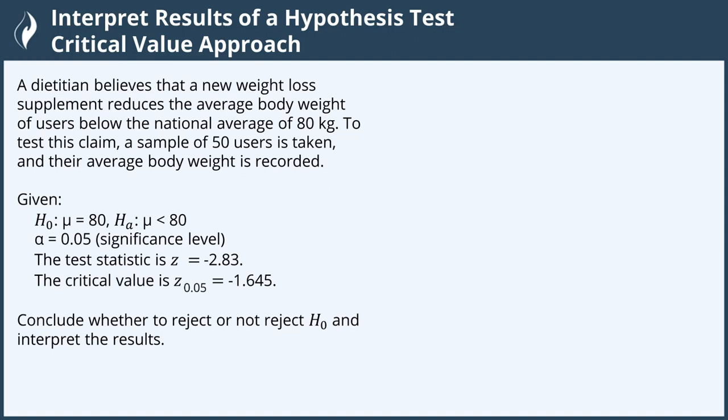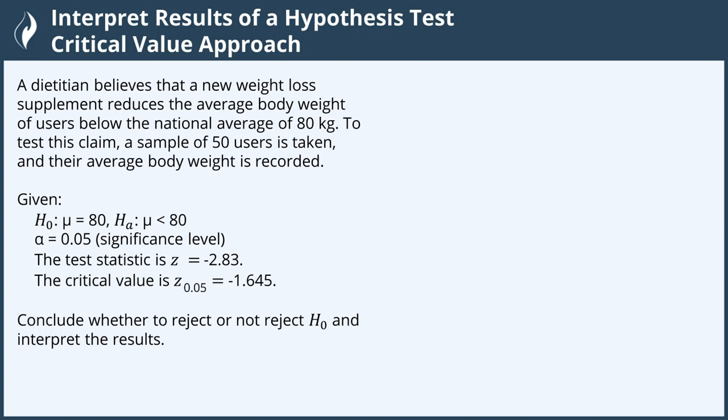Hi everyone! In this video, we will interpret results of a hypothesis test using the critical value approach. A dietitian believes that a new weight loss supplement reduces the average body weight of users below the national average of 80 kilograms. To test this claim, a sample of 50 users is taken, and their average body weight is